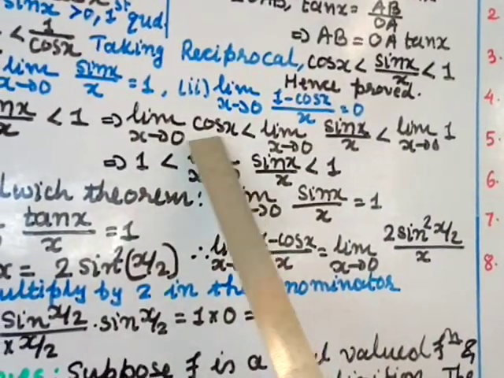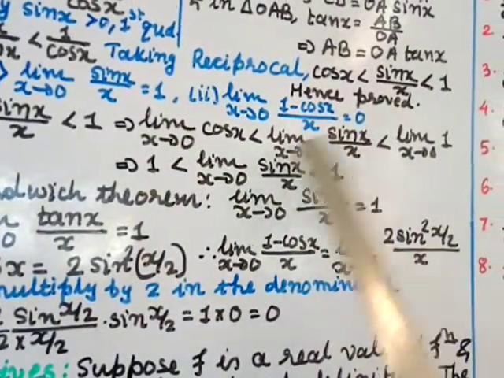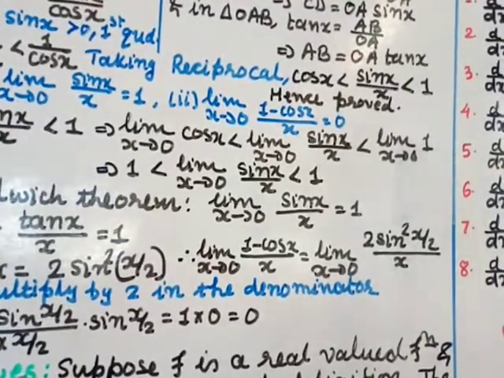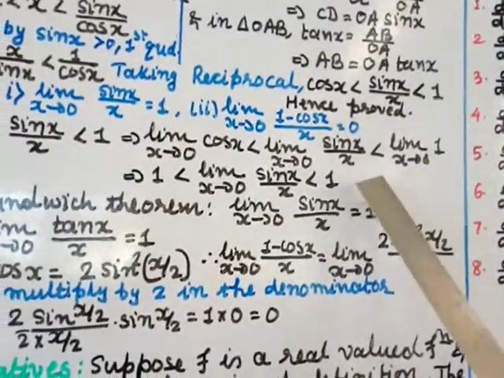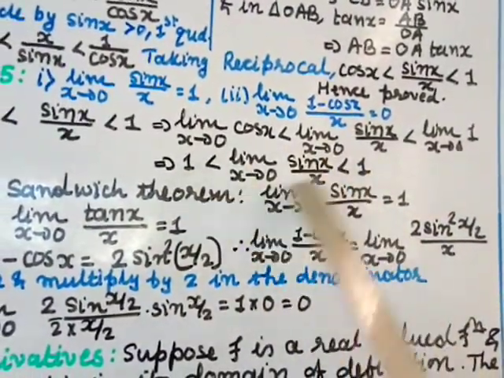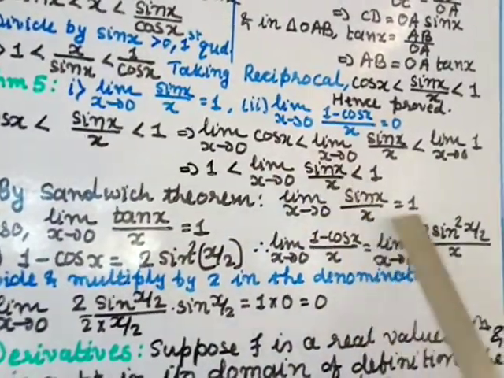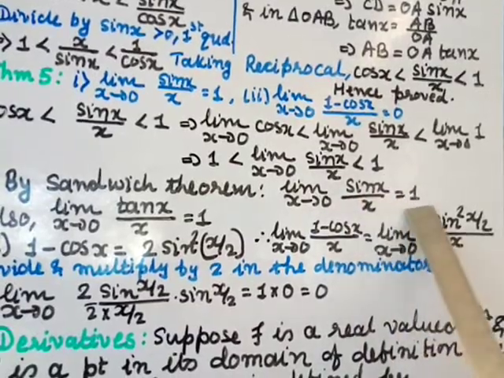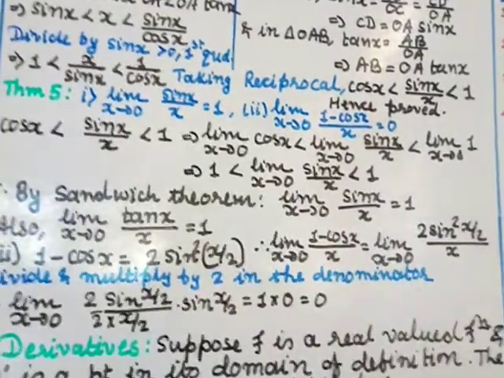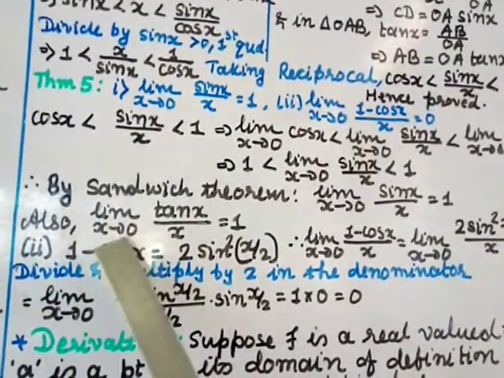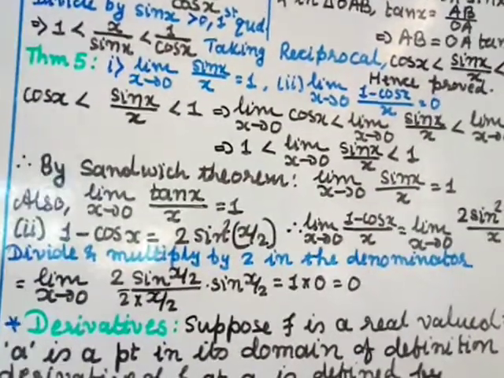Now if you put x value as 0, cos 0 is 1, so the limit of this is 1. Then this you keep as it is, 1 is a constant, so there is no x, so there is no point in putting a value of x, the limit of this will be 1. Now you know this is 1, and this function is in between, so by sandwich theorem the limit of this also will be 1, so limit x tends to 0 sin x by x equal to 1, and that is what you have to prove, hence proved. This is a very important result for calculation. Similarly, we can prove that limit x tends to 0 tan x by x equal to 1. Both the results are similar and they are both important.